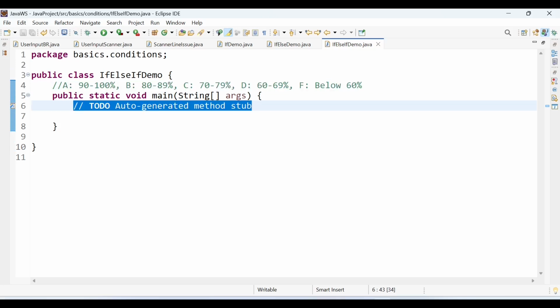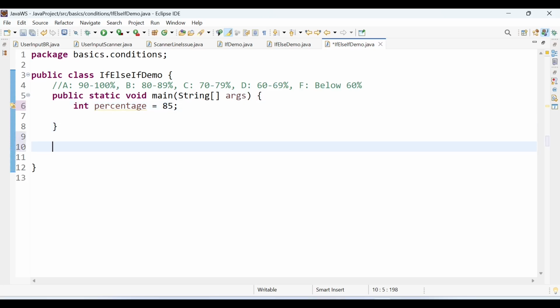For that also, I'll create a separate method, because we have already done that topic, methods in Java. If you've not gone through it, try to go through that and start practicing with separate methods rather than writing everything in the main method. So here we can take a variable, let's name it percentage, and initially let's say 85. Then we can have a method. I'll make it static only, and let's say we have to return a grade this time. So one char will be returned, right? So we can have a char